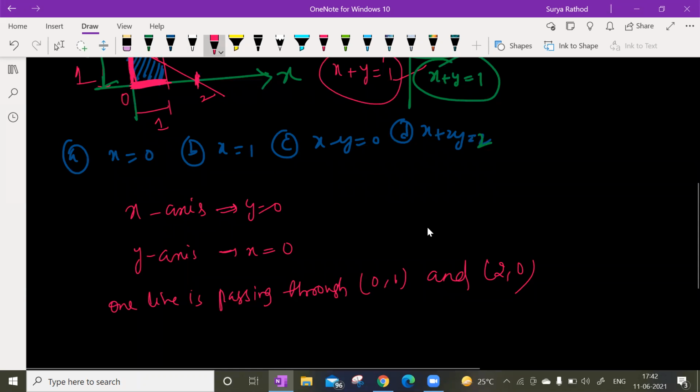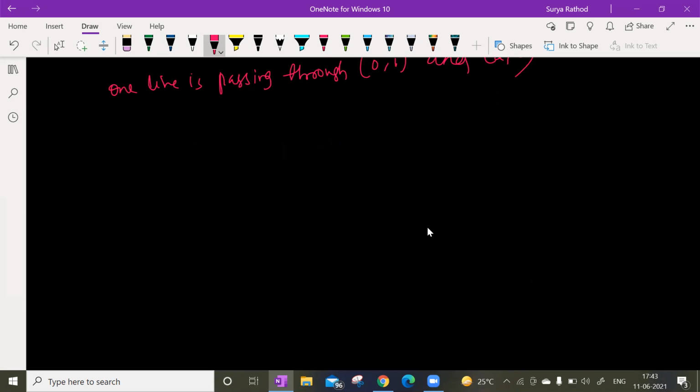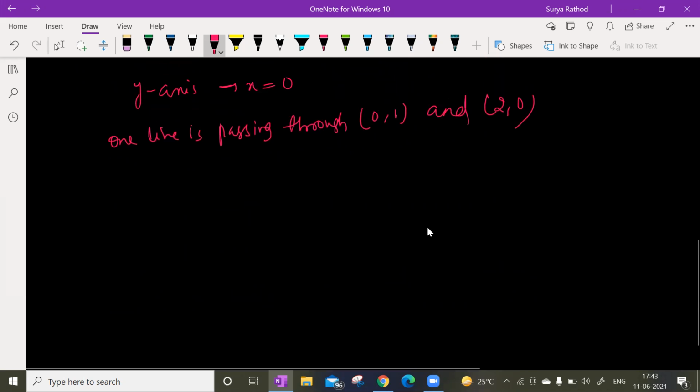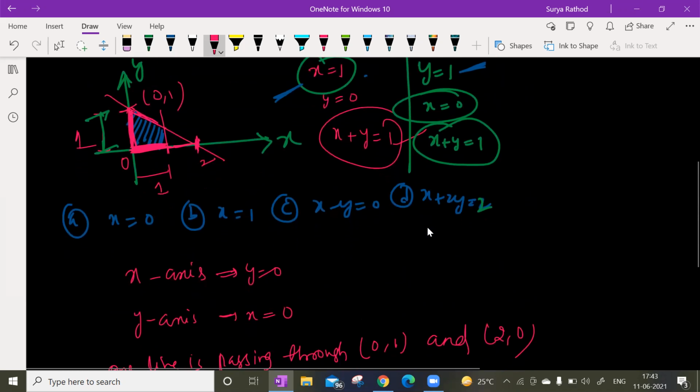The equation of the line is passing through 1, 0 and 2, 0. So what is going to be the equation now? We have to observe the bottom line. Whichever bottom line is there, it is passing through 2 points. This is my 1, 0. Look at this. This is my 2, 0. It is passing through 2 points, the bottom line, right?